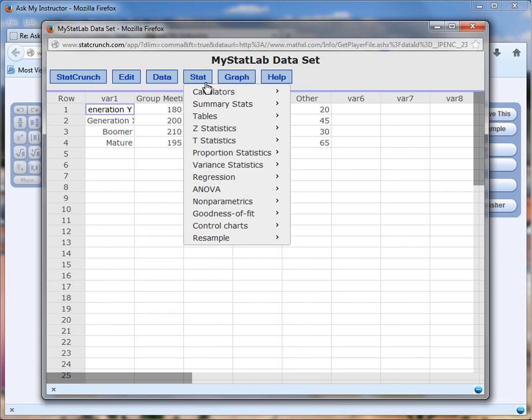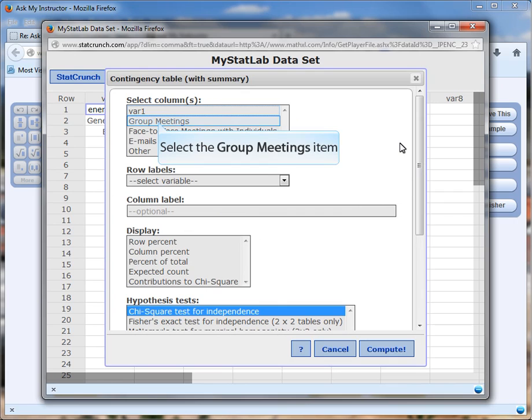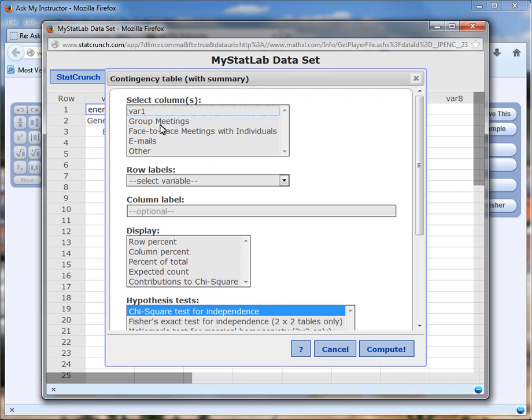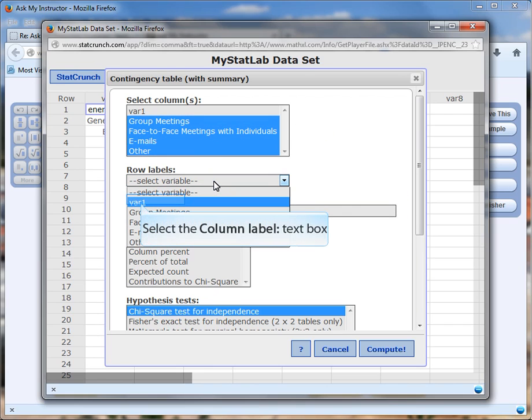Then you go into Statistics, and here's where it takes some practice to figure out what they want. Tables. What we're doing is called a contingency table, and we already have the summary. We know how many people are found in every category, as opposed to having a data set with each person, and then you have to put them into the category. So we have the summary already. We tell the computer what columns we're going to be using, and in fact, you press shift and select all 4 columns. The labels of the rows are found in var 1,